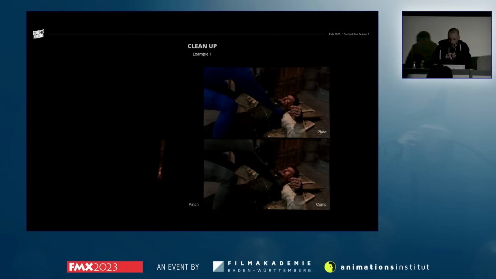So here at the top right is the original plate. There you can see the stunt actor in blue, as well as wires attached to Orlando Bloom. To help with the workload, we outsourced the cleanup of the wires. Bottom left is the clean patch for the wires that we received from the outsourcing vendor. And bottom right is the comp, where we started the cleanup by dispilling the stunt actor's blue suit and then